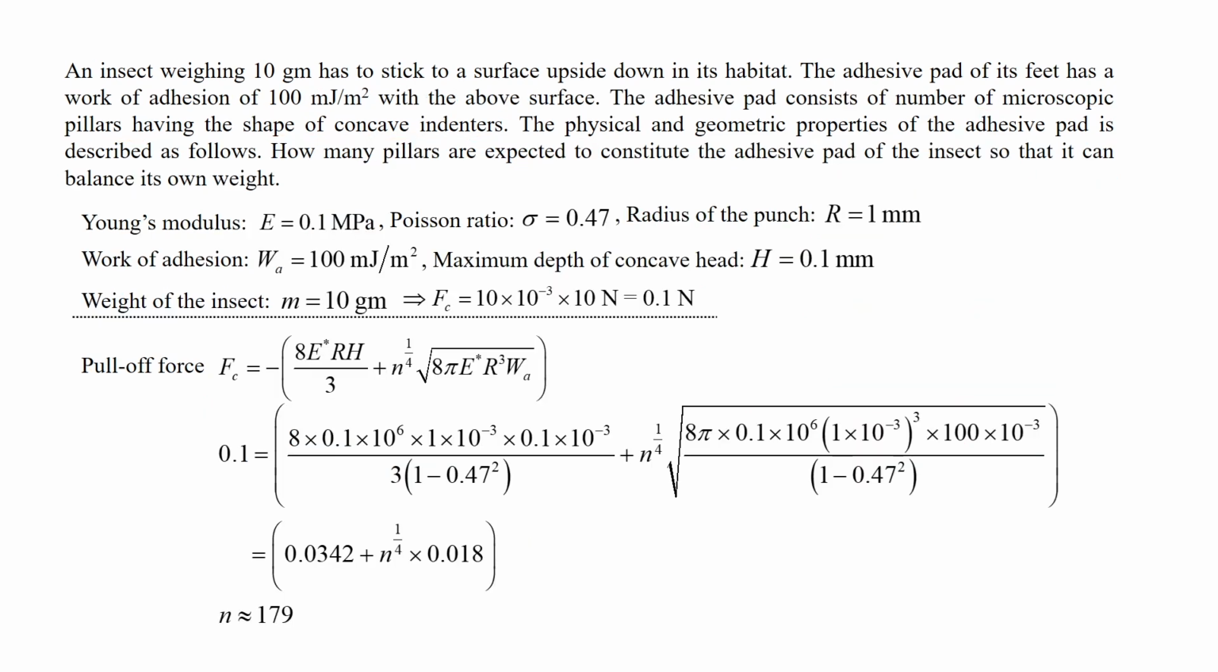Of course, E star can be found out, and then finally, I have done all that. So, it comes out to be 0.1 Newton. So, it comes out to be about n is equal to 179. So, 0.1 is equal to 0.0342 plus this term comes out to be 0.018. You can use your calculator and find out if I have done it correctly, and then finally, this n comes out to be very close to 180. So, this insect needs about, let us say, 200 such pillars,